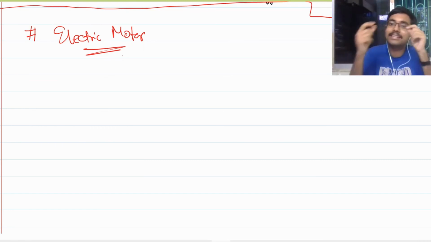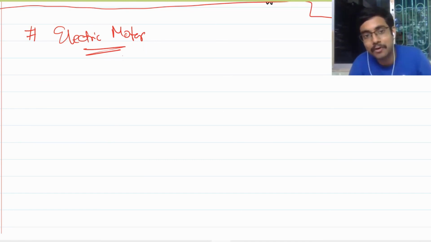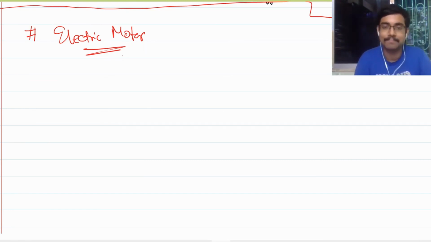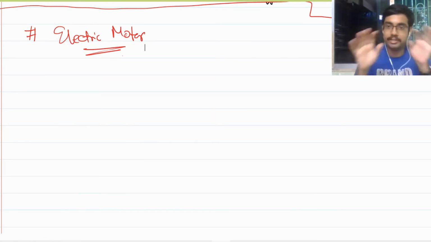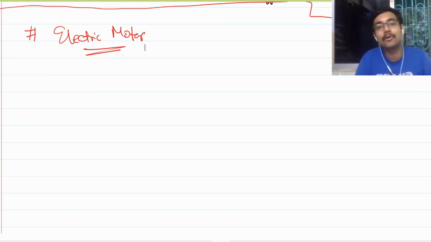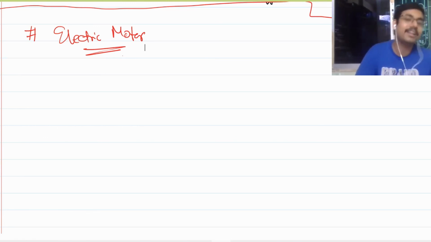If you place two magnets in front of each other, won't they experience force? They will, right? This is the reason why when a current carrying conductor is in a magnetic field, it experiences some kind of force. Tell me if there is any doubt in this. Now we shall explore the functioning of an electric motor.